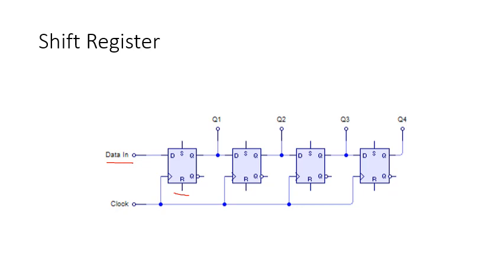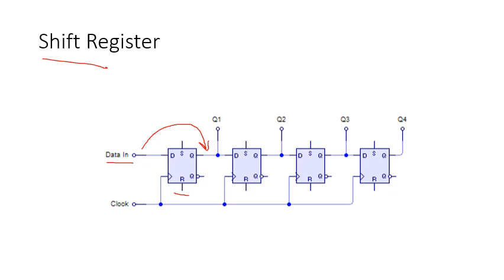Now, as you can understand from the name itself, what is shift register? Shift register will basically help in shifting the data. Now, how the data will shift, like suppose we are providing an input data equal to bit 1. Now, if a clock pulse comes, this 1 will travel from the input to the output side. So Q1 will become 1 in the next clock pulse. Because D flip-flop, as we have already seen in the truth table, whatever is there at the input side will go to the output side when a clock is applied. Now, this 1 reaches Q1.